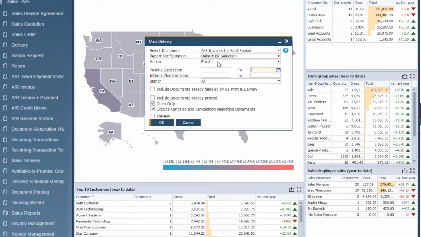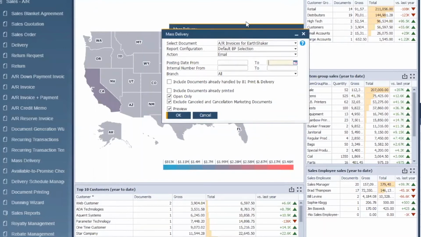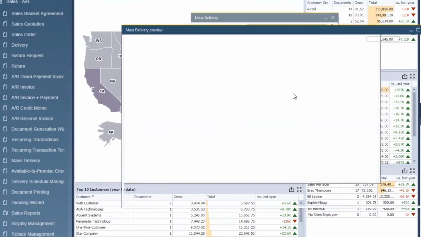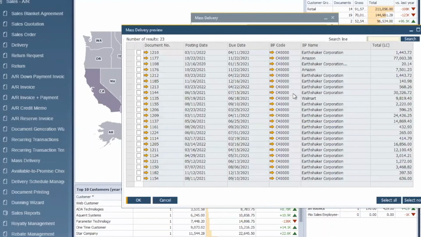out to my customer. In this case, I'm just going to create a preview. I'd like to show you something very fun. Okay, I did the preview so we can look into what the system does. Usually this is all automatic, but I'll do something fun with you guys. I'm going to select 3 invoices, and I'm going to tell the system, go ahead and email this to Earthshaker. Now, of course, the name changed, but the customer is the same here, so don't pay attention to the name